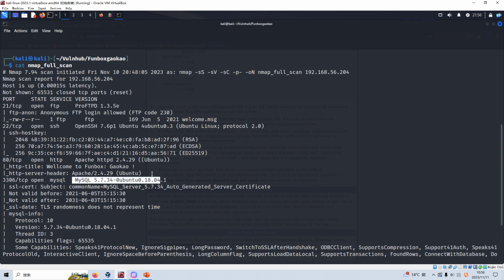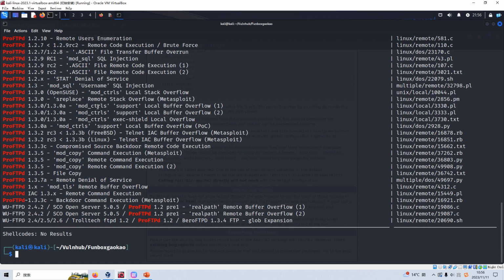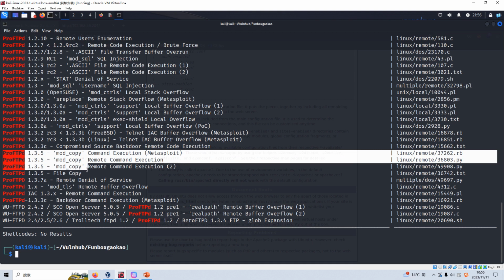So what are we going to do next? First, I think we need to use the searchsploit utility to see whether we can find a vulnerability which can work for this version, right? We can use searchsploit, and I'd like to autocomplete this command. Also from the Nmap, we know the version of this ProFTPD. And so I think these four exploits